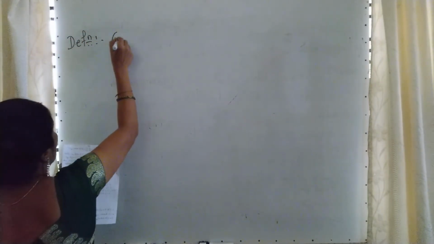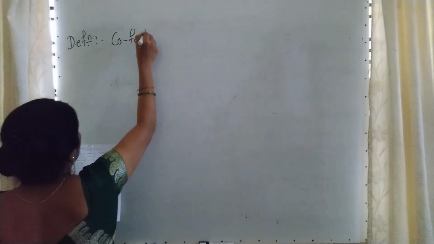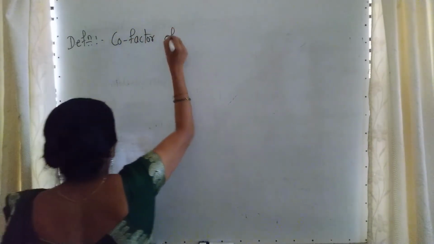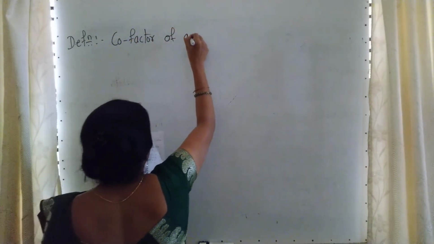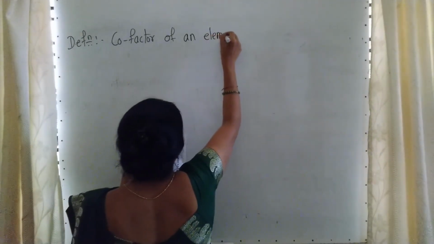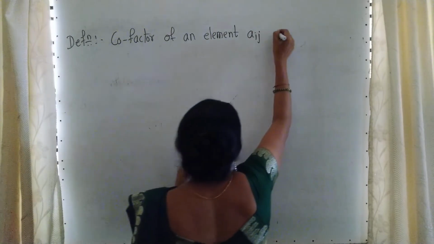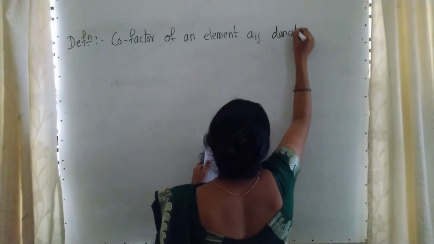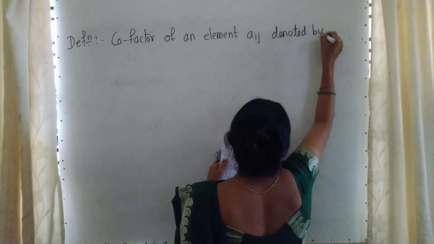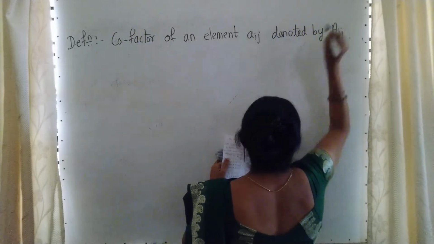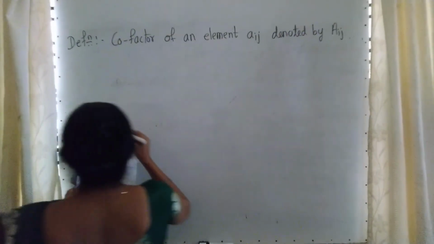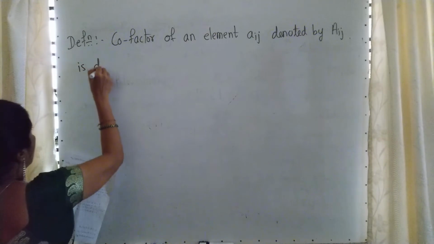Read on the definition of cofactor. Cofactor of an element Aij, denoted by capital Aij, is defined by